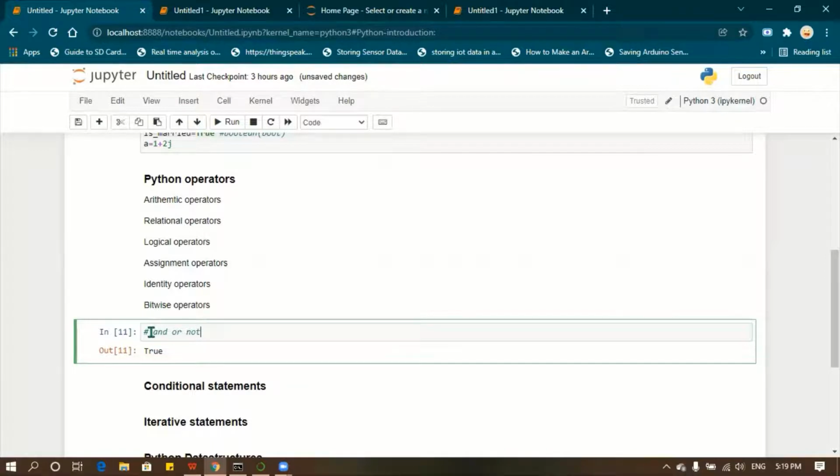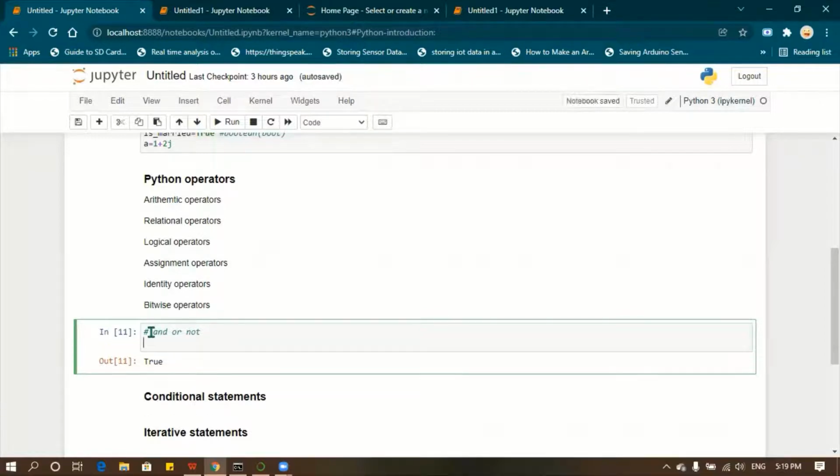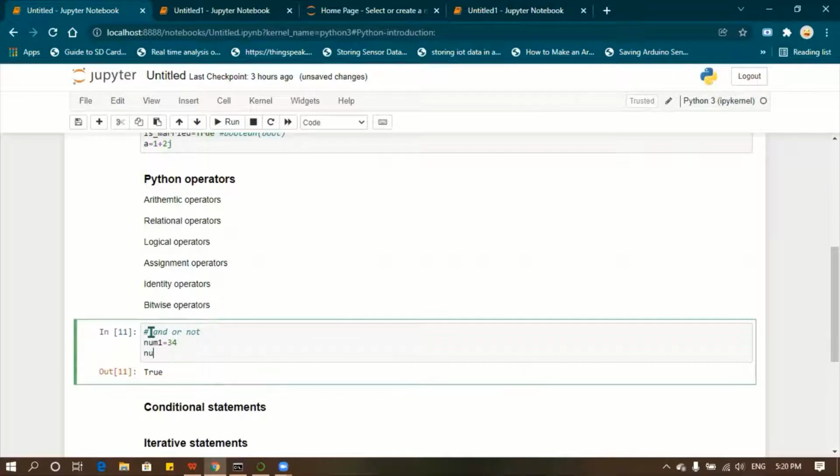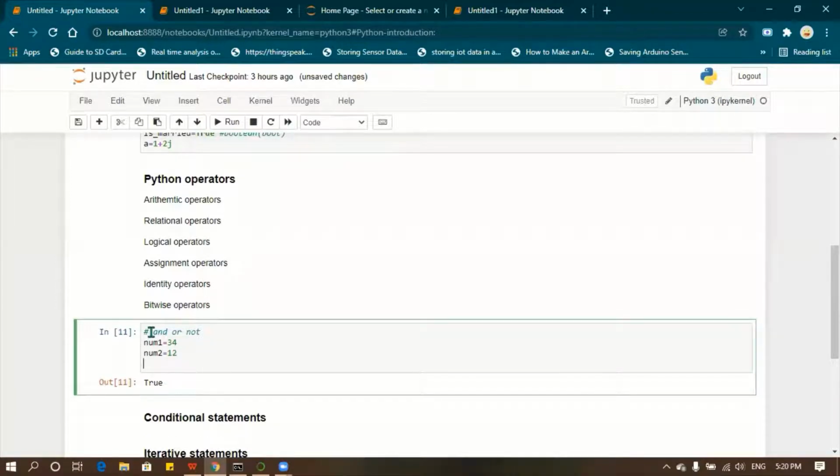So for the and, or, not operators, let us again take num1 equal to 34, num2 equal to 12. In comparison operators, what we will do is num1 greater than equal to num2.